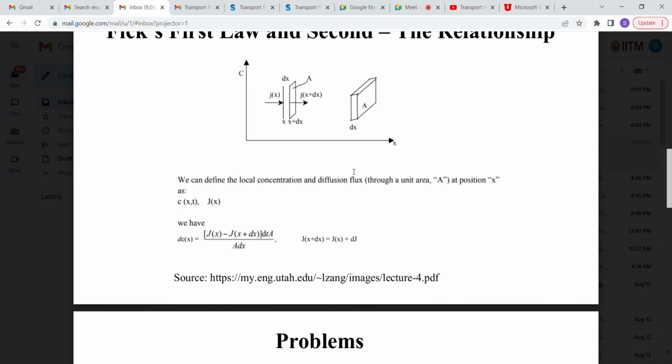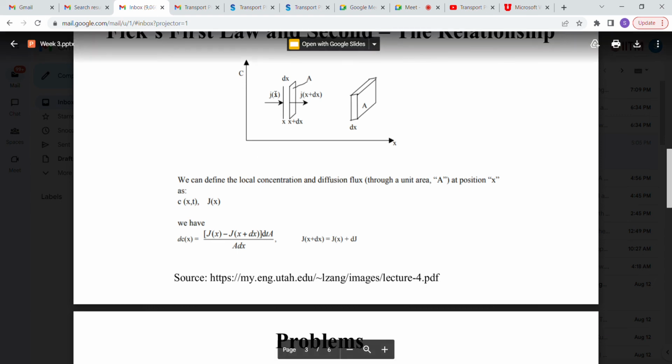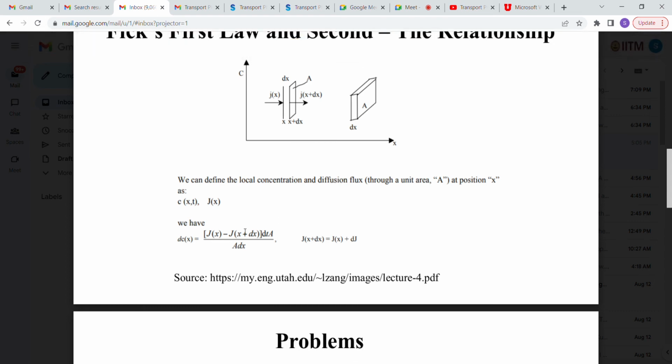Chalo, let me explain it to you. Now I already told you that the difference in concentration between this volume element has to do something with the difference in the flux at the point x and the point x plus dx, which is mentioned here, j of x minus j of x plus dx. Now, that is only for a point in a plane, on the left side of the volume element, which is represented by x, and the right side of the volume element, which is represented by x plus dx. Now, how would you take it for the whole volume element? That is the question. So basically, you multiply it by the area,